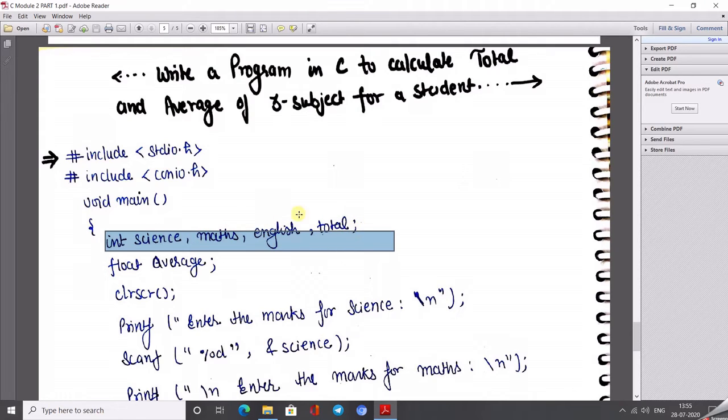This totally depends on you, in which format you want to name the variable, but we must follow the rules for declaring variables. Don't write any variable name starting with a number, because this violates the rules of how to write variables in the C programming language.